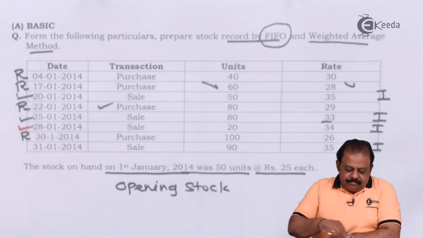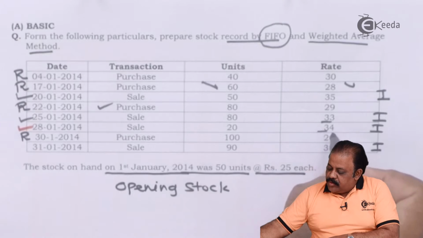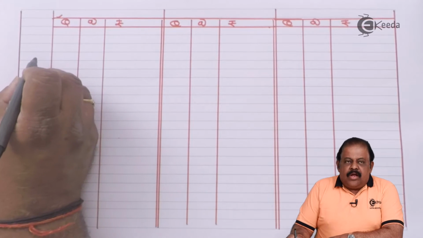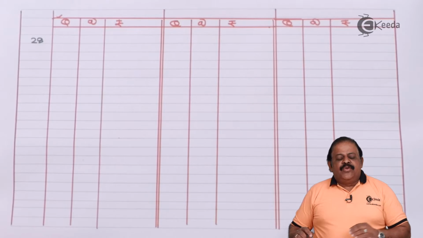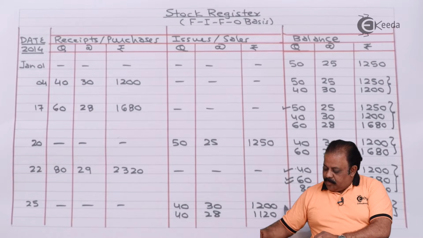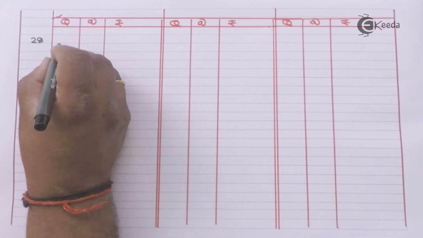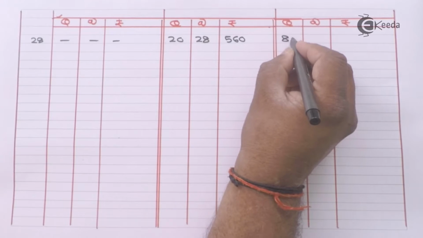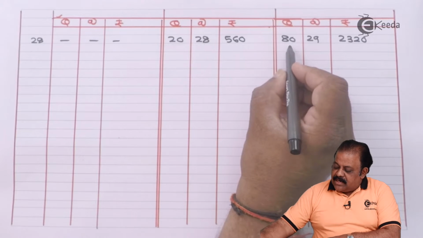On 28th, there is sale of 20 units at the rate of 34. We have to ignore selling price 34. We are required to record issues at cost. In date column, we will be putting the date 28th. There is issue of 20 units. We have two stocks, 20 and 80. So it will be issued from the oldest stock, 20 units at the rate of 28. So balance will be 80 units at the rate of 29,